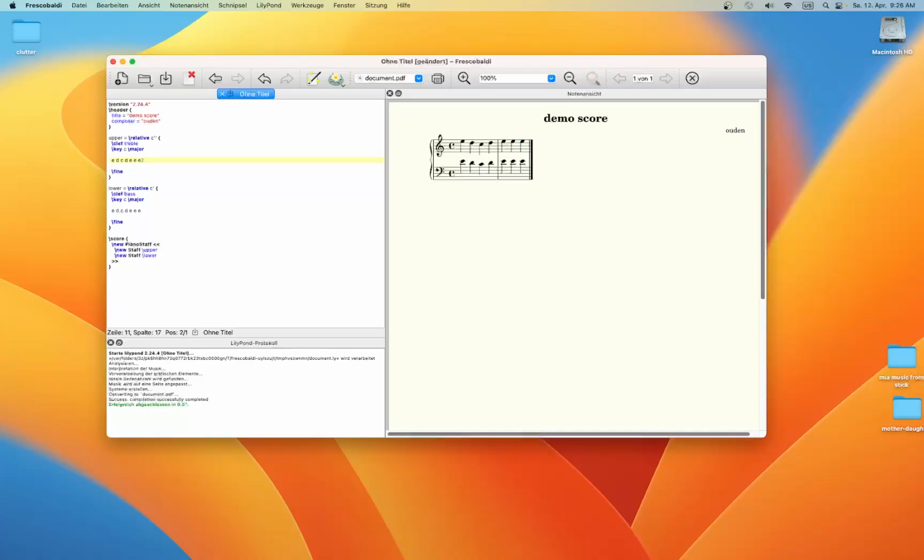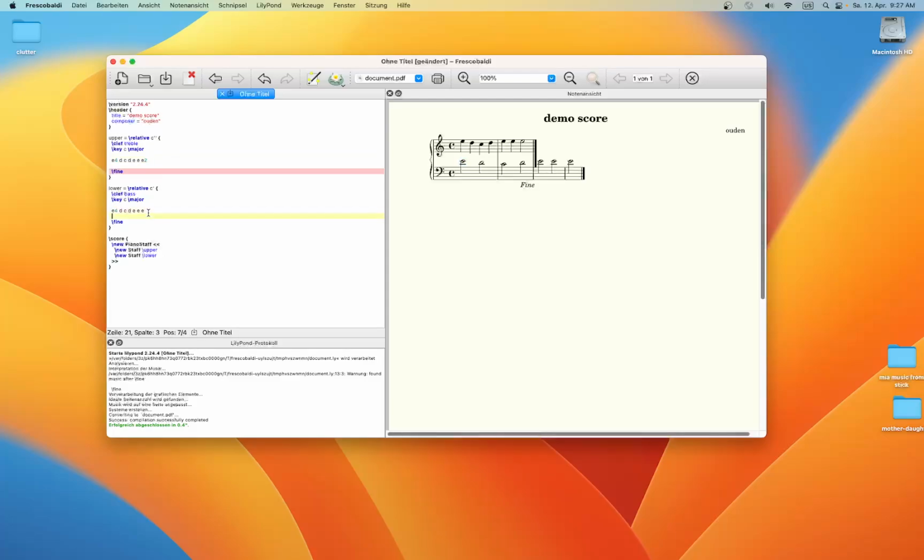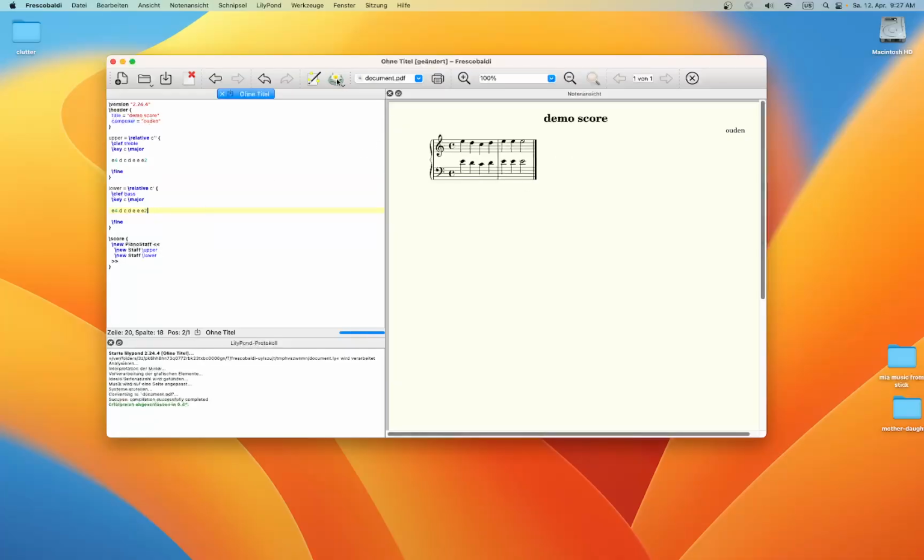That makes that note a half note. The trouble is that it just remembers the last setting. So all of the notes here are now also half notes, which is not what we wanted. A good habit is to put the explicit note values at places where they change. So this time, having done that, we now